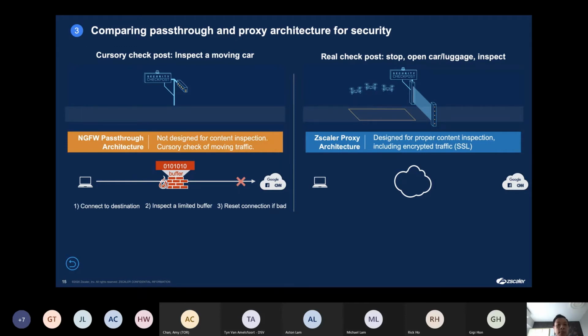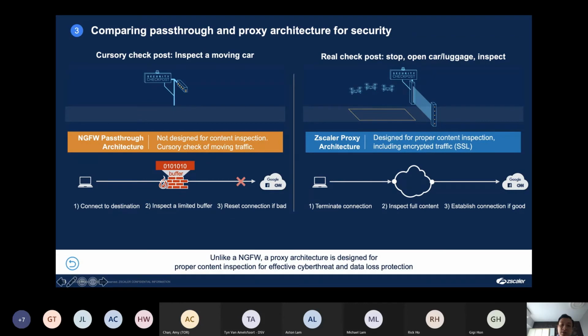But because of performance and other concerns, we are seeing enterprises leveraging firewalls to do pass-through architecture-based scanning or security for internal access. But from Zscaler's point of view, by leveraging our solution, we believe that enterprises will be able to use a proxy architecture for both external and internal access, so that we will always do the checking needed before we allow the access. This is something we believe to be an important component for zero trust.